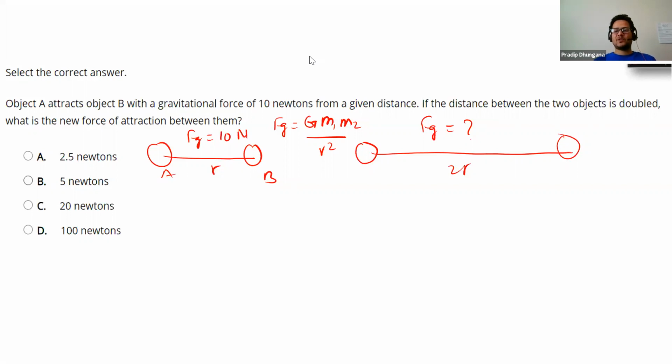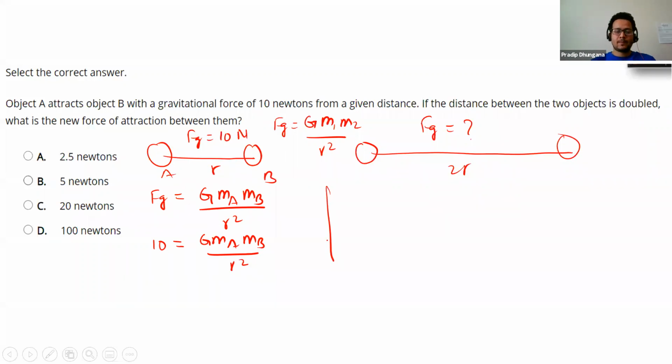Okay, let me close that window. Almost all of you have answered, so let me work through this problem, okay? Let me write that force of gravity Fg is G, and I'll write ma for the mass of object A, mb as mass of object B, and r square. The distance between them is, let us suppose, r. Force of gravity is 10 newtons, the force of attraction as well. G, I'll write everything as it is, over this.